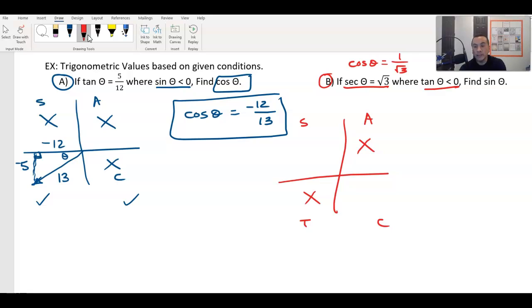So cosine is positive in the fourth quadrant, so it must not be here. So the picture that I'm drawing must be in here. This is theta, and then the adjacent must be 1, and the hypotenuse the square root of 3. And then you do your Pythagorean theorem, the square root of 3 squared minus 1 squared. So that's 3 minus 1, which is going to be the square root of 2. So there is your